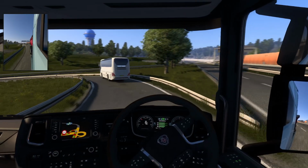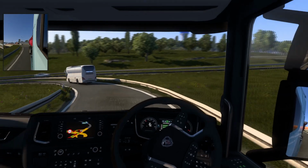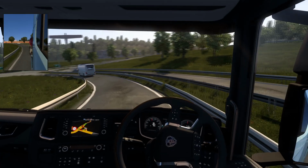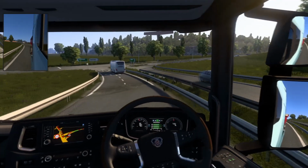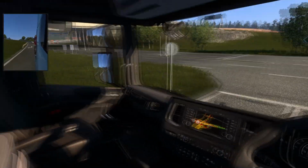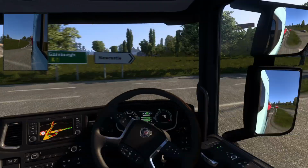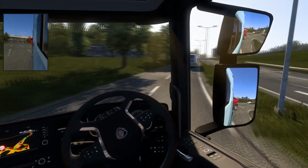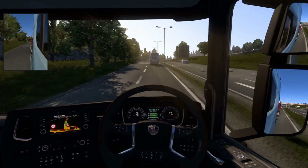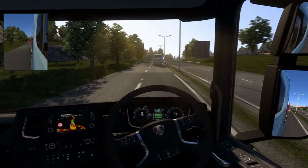Dude, you can turn your indicator off for now. You don't need it. There we go. I think he heard me. He's like, oh god, the guy in the truck behind me is having a go. Better turn it off quickly. Look at how he's going without looking. There's a copper there. Could pull you over and arrest you for dangerous driving, because you pulled out without looking, and stopping, of course, but...